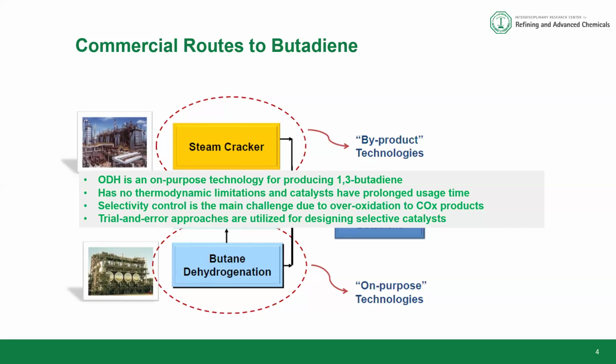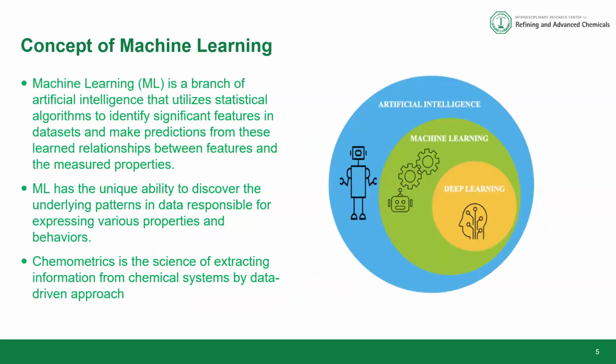This trial and error approach normally leads to wasting of materials, especially the catalyst precursors and other stuff like that. So if this process can be followed up by machine learning, it will simplify this trial and error approach so that you can only test catalysts that showed promising performance theoretically. So it reduces the wastage of materials. So the concept of machine learning,